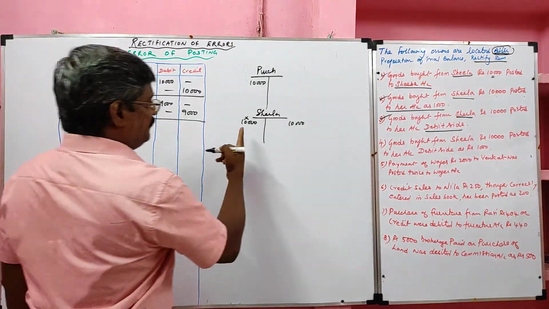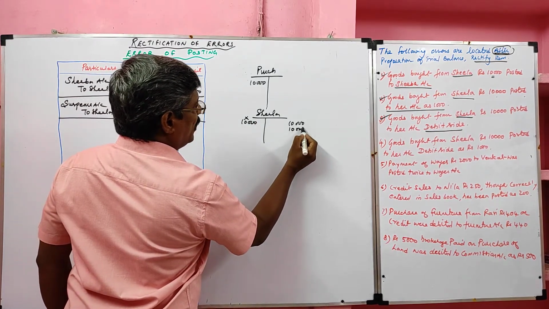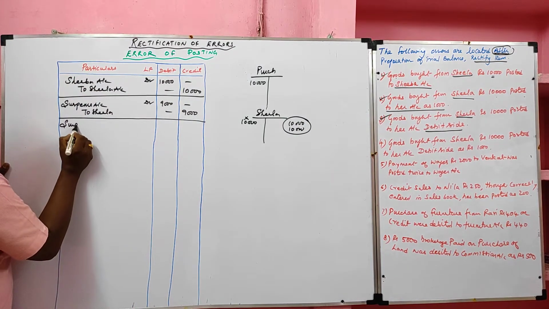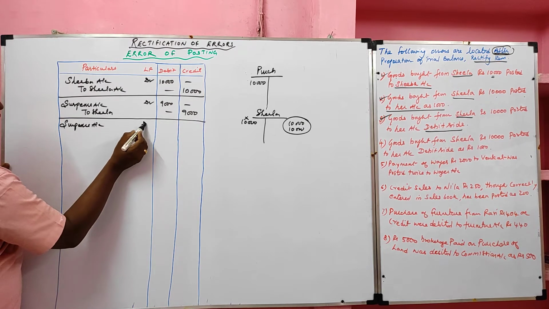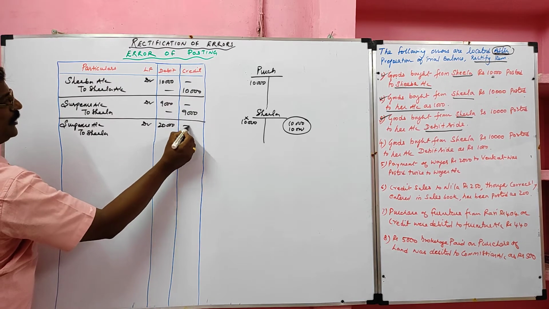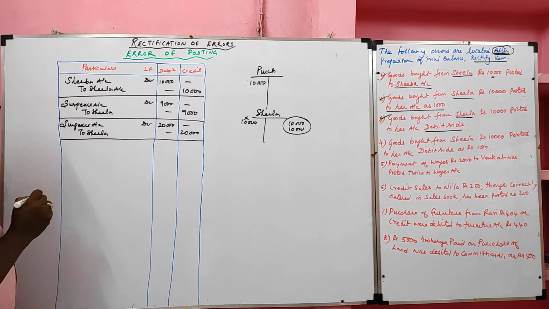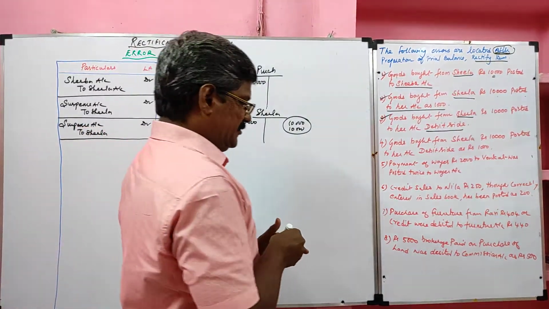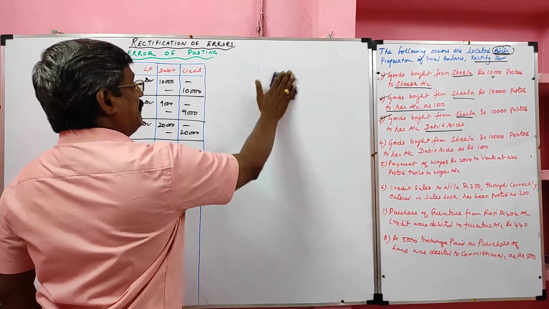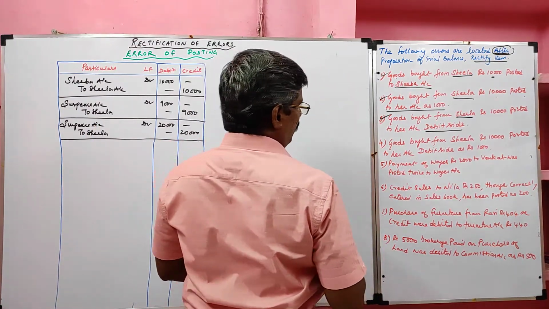What we are supposed to do? First we have to cancel the 10,000 in the debit side. It will go to the credit side. Now the Sheila should be credited with 20,000. So now the rectification entry goes like this. Suspense account debtor to Sheila. Value how much? 20,000. 10,000 for cancellation, 10,000 for correct posting. This error is disclosed by the trial balance because error in the side. If there is any error in the side or error in the amount, definitely it will be disclosed by the trial balance.